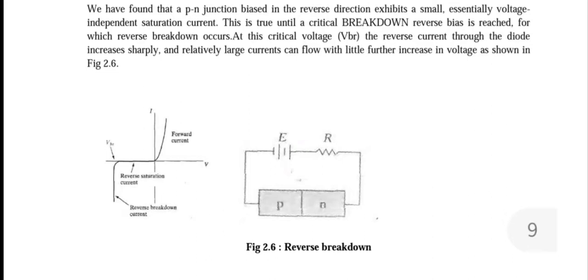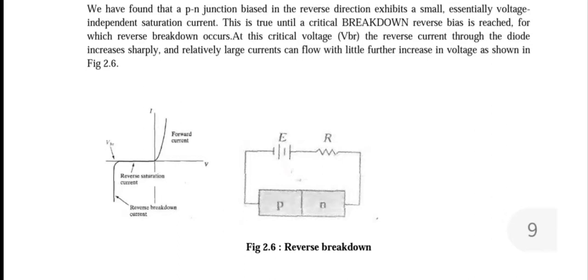Reverse bias means the P side of a PN junction is connected to the negative terminal of the battery and the N side is connected to the positive terminal of the battery. So the holes in the P region and electrons in the N region will be attracted by the external circuit, so the depletion width will increase. So it is not possible to have a diffusion current in this case because there is no movement of majority carriers, or there is no chance of holes moving from P to N or electrons from N to P. So there is no current due to the diffusion process.